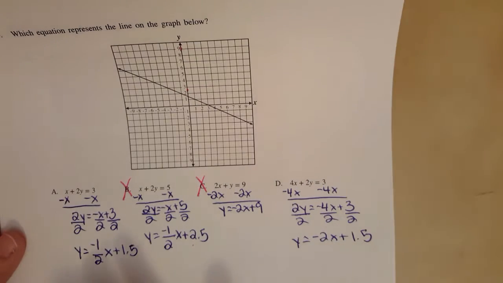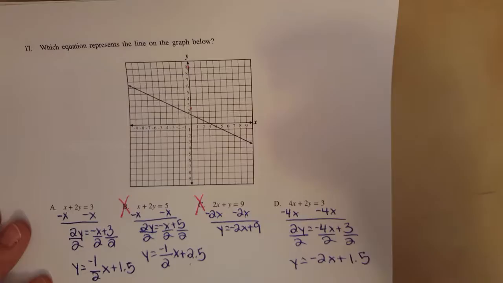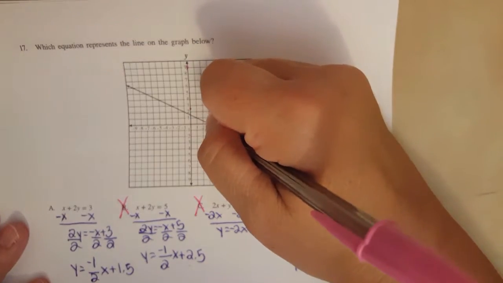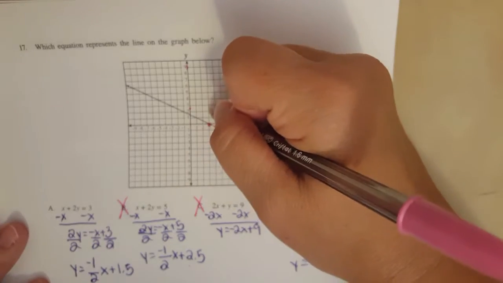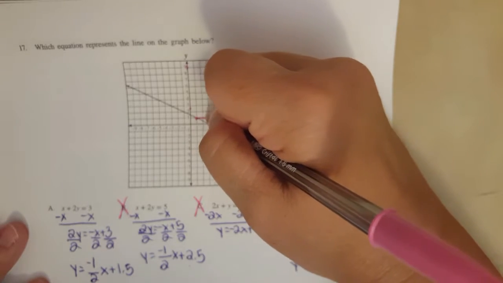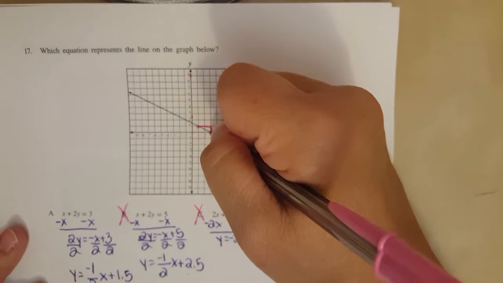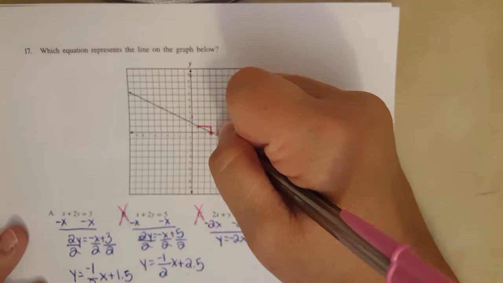Now, the only difference between answer choice A and D is my slope. So I really need to look at this graph. I'm going to pick 2 points on that line, and I'm going to find the slope. My y-intercept would not be a good one to choose because that is not in the middle of the grid lines. So this point right here, 3, 0, and this point, 1, 1, those look like pretty good points to choose. So I drew my slope triangle, and to get from this point to the other one, I'm going to